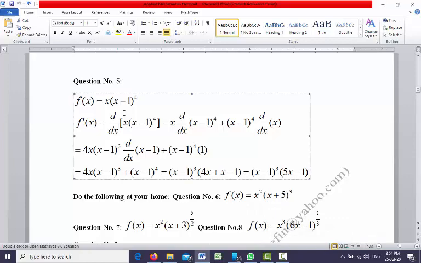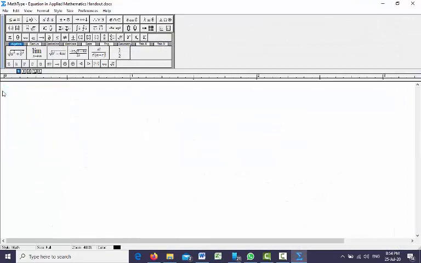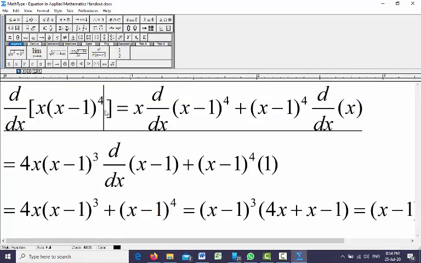So let's see what we have here. We want to do differentiation of this one. So again, to use this one, here you cannot multiply this x with x minus 1, because x minus 1 is not available right now. It is locked by the power. So we cannot do multiplication here.